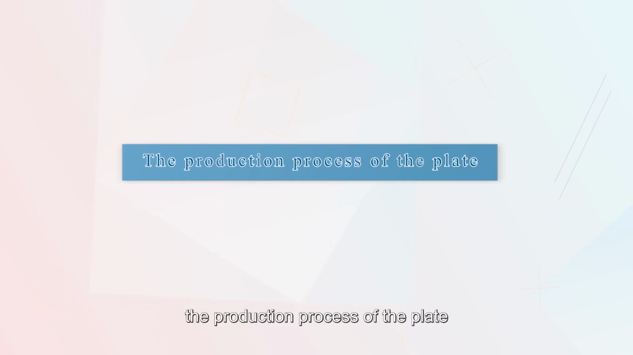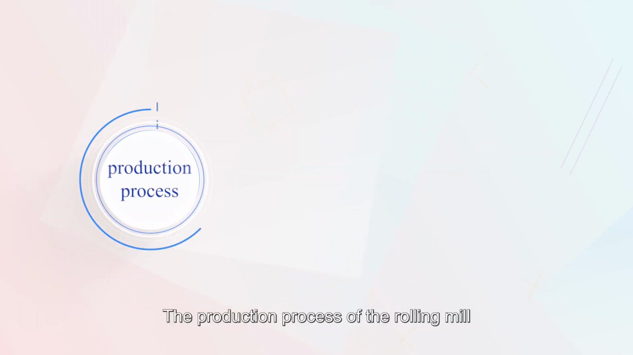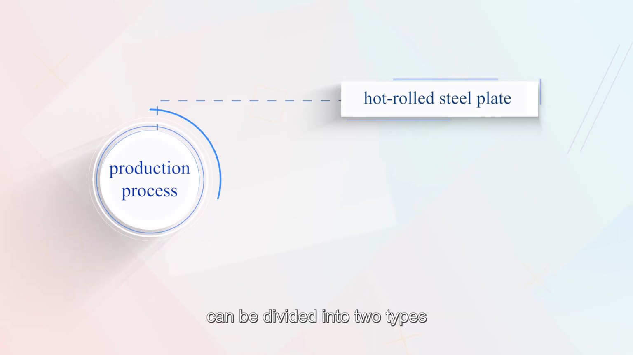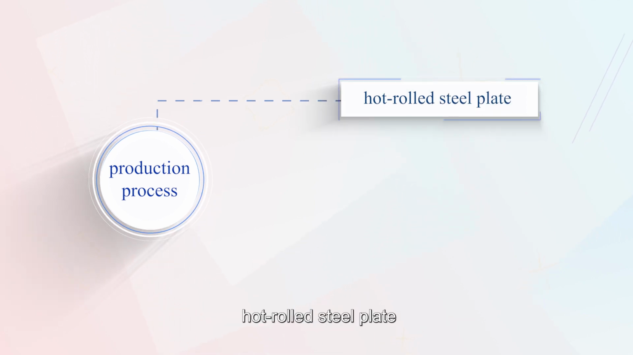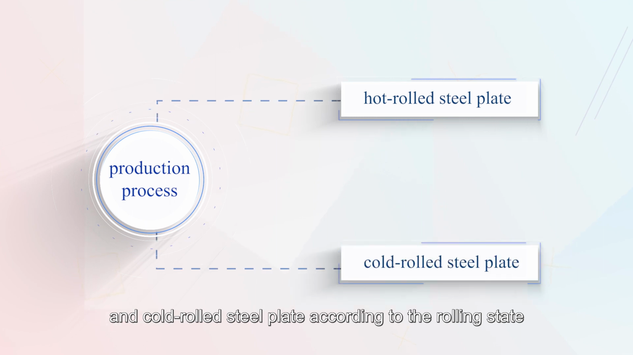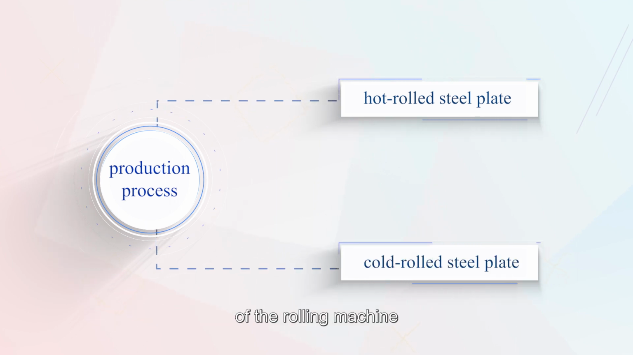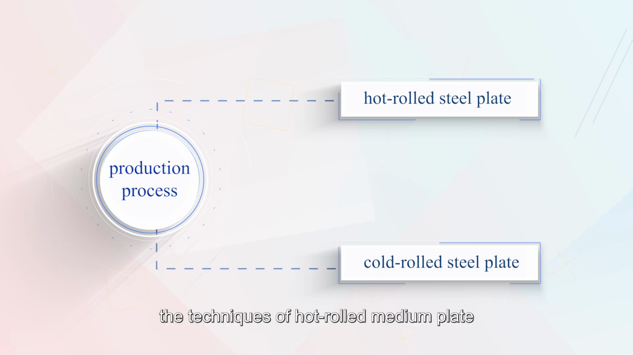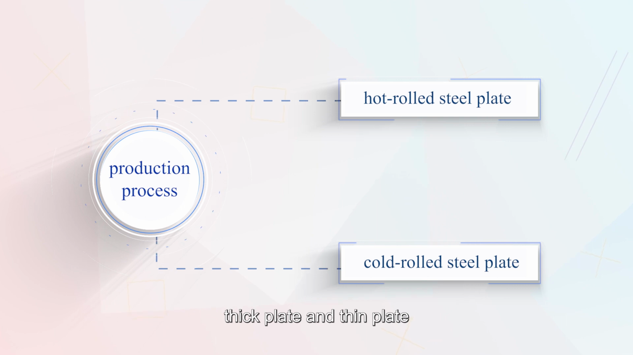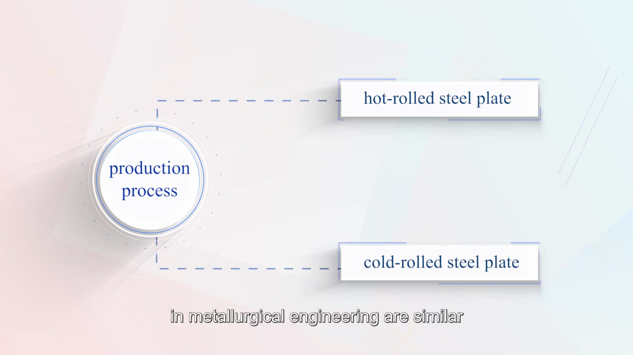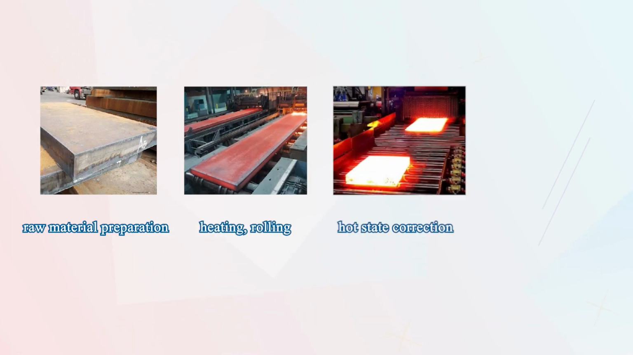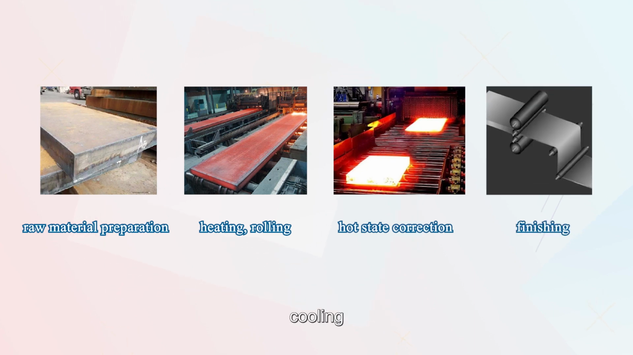Firstly, the production process of the plate. The production process of the rolling mill can be divided into 2 types: hot rolled steel plates and cold rolled steel plates, according to the rolling state of the rolling machine. Among them, the techniques of hot rolled medium plates, thick plates, and thin plates in metallurgical engineering are similar. In general, the main processes include raw material preparation, heating, rolling, hot state correction, cooling, floor inspection, finishing, by which